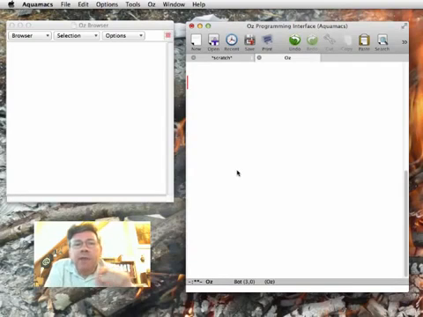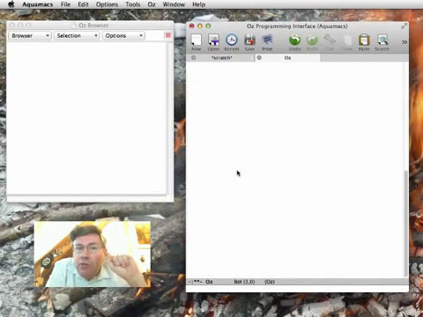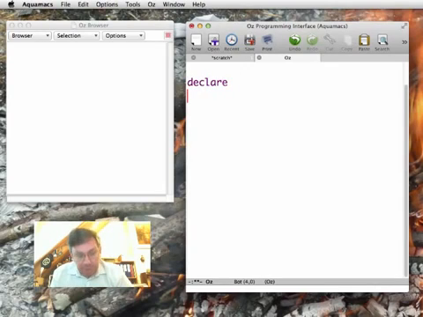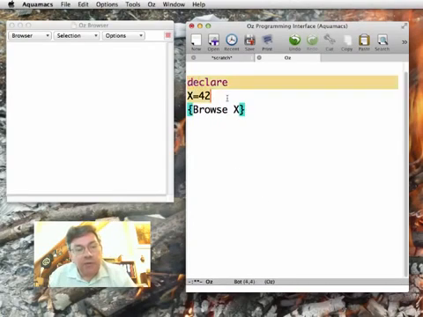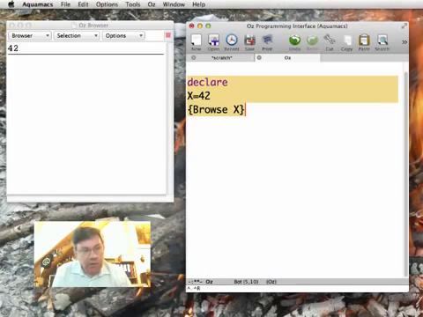We've seen that the same variable can only be bound to one value. But in fact, this is not true for identifiers. The same identifier can refer to different values at different points of the execution. So for example, if I declare x equal 42, browse x, and execute this with Feed Region, I get